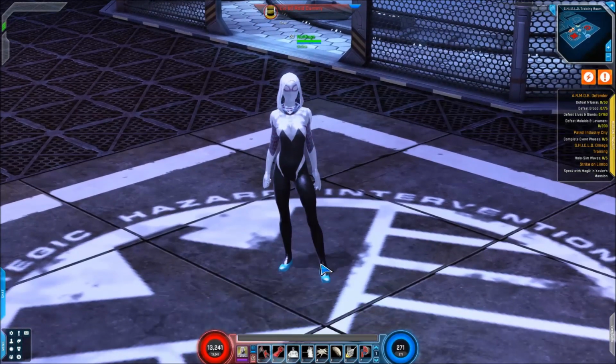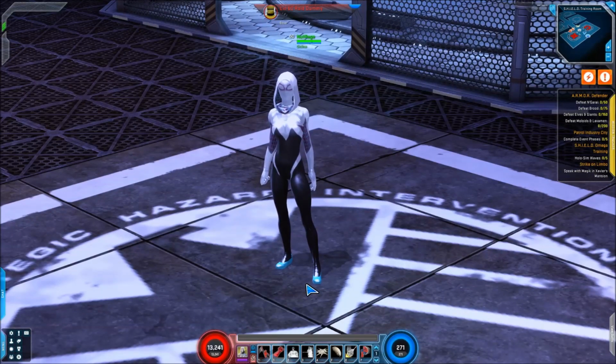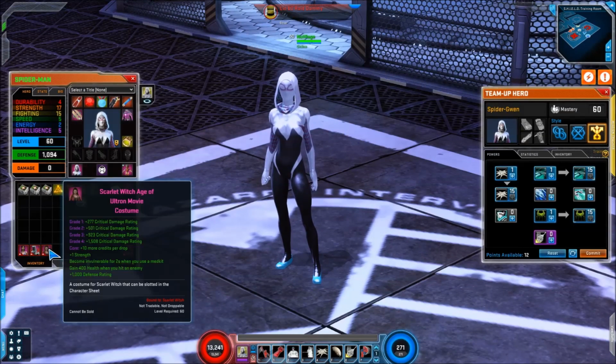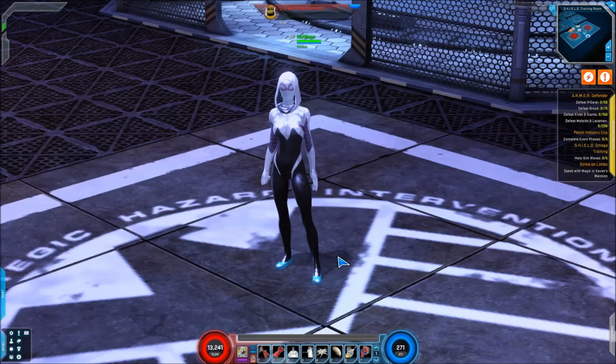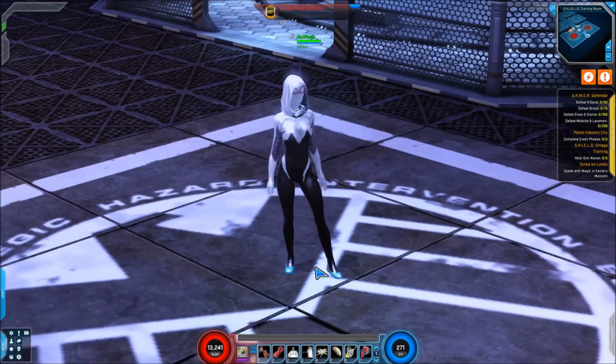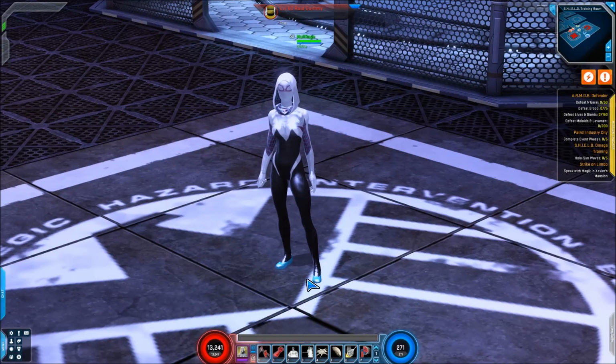So there you go, guys. That's a look at Spider-Gwen. We'll be continuing with a look at 3 new costumes for Scarlet Witch, Thor, and X-23, and then maybe some look at Gambit changes, as he's gotten a few minor tweaks that have some amazing effects. So we'll have a look at all of that